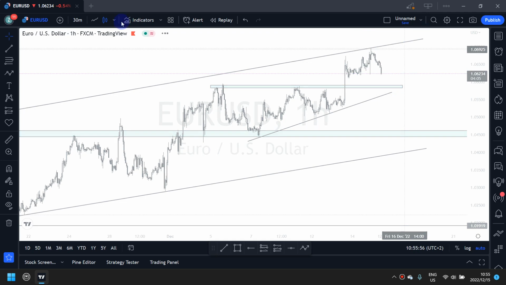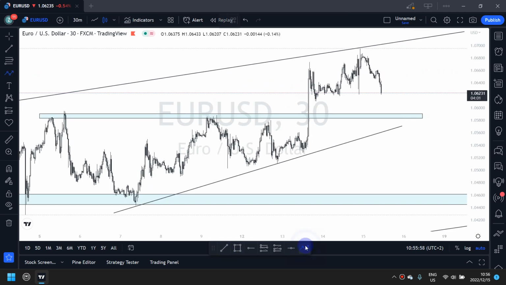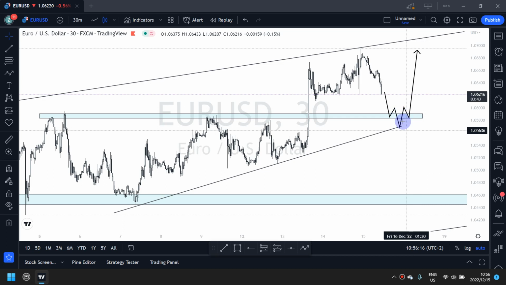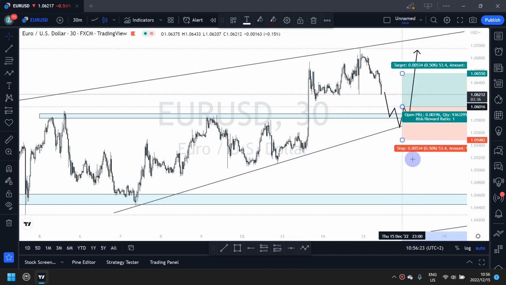So for buys, I would expect the market to give me a reversal signal by way of chart pattern or something, a reversal signal that now the market is reversing to the upside and is buying again. Should I then look for buying opportunities? So for example here, this is an inverted head and shoulders. So my buy would be there, my buy position would be there,